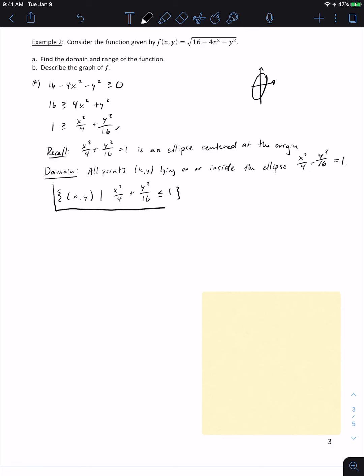So now let's talk about the range. We haven't talked about range yet, but in the case of a function of one variable, the range was the y values. Now it's a function of two variables, so my range is going to be the z. It's going to be what possible output values could I have. Well, if I look at this guy here, this is my z. And so if I were going to find my range, the biggest that z could be, well, I'll write z equals f of x, y,